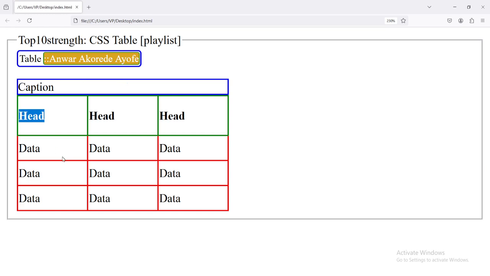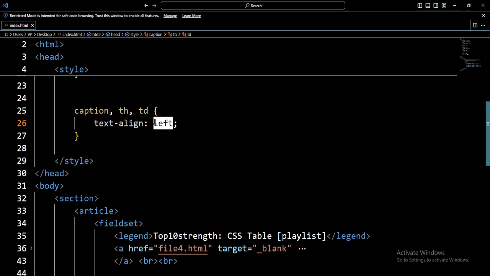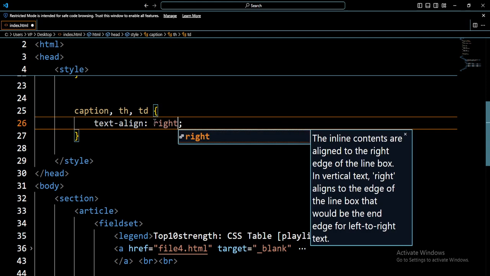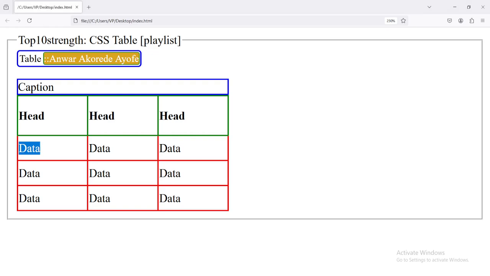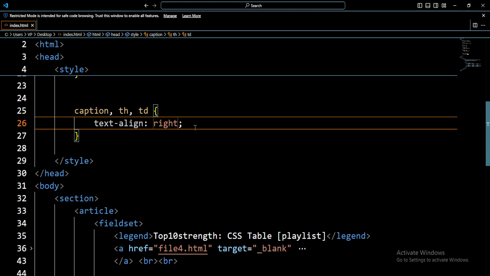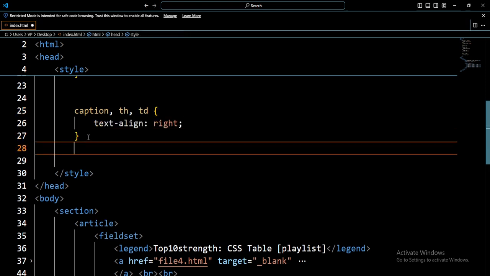The head section also is from the left, the data section is from the left, and let's make everything be at the right. When I give it right, so I don't want this to take much of your time, that's why I'm doing this together. Can you see now we're having right, everything is starting from the right. So that's how we can control it, and we can control every single element separately by selecting the table head